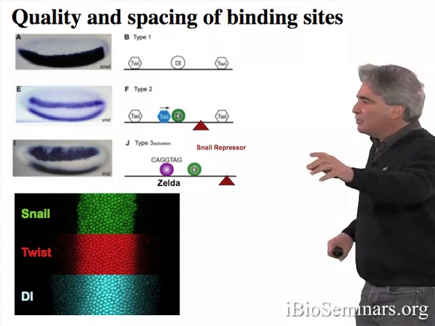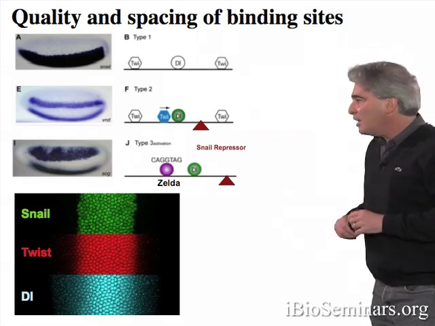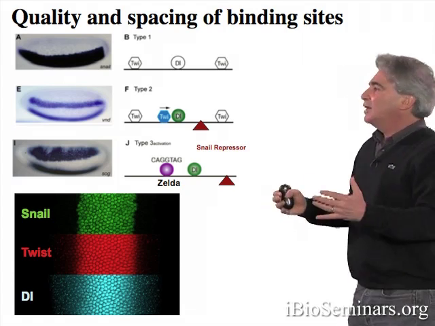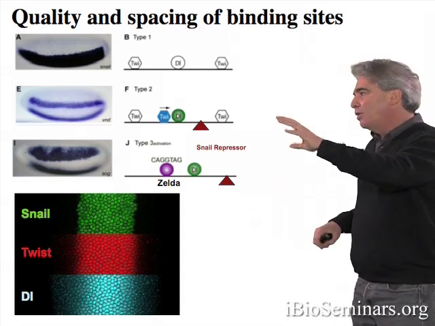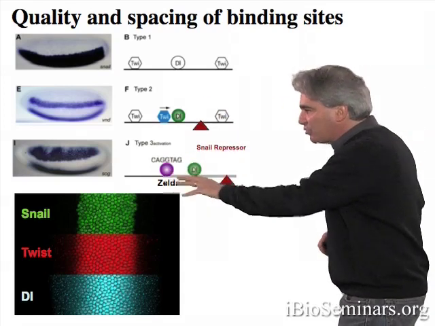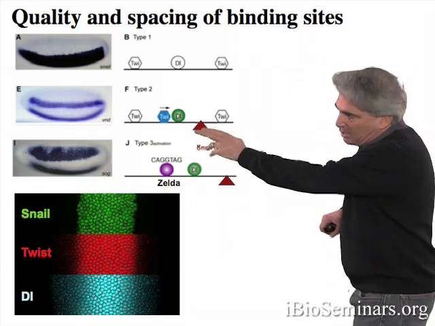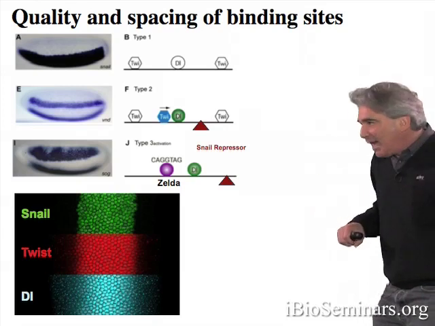The 3 basic patterns are called type 1, type 2, and type 3. The type 1 expression pattern is represented by snail, which I've mentioned. Snail expression is restricted to the ventralmost regions of the embryo, where there are the highest levels of the Dorsal and Twist activators. Type 2 target genes, and an example is shown in panel E, show a narrow lateral stripe of